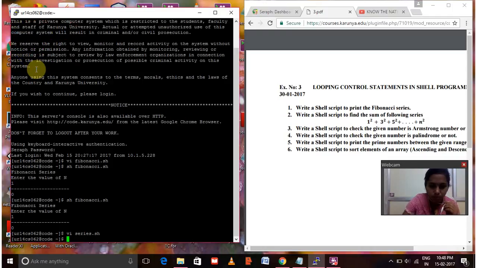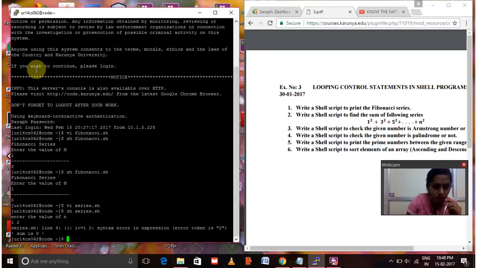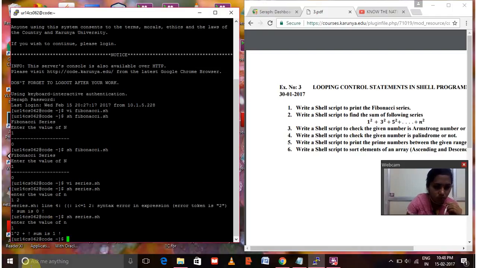I'm running my program. And the sum is 0 because the entered number has the following descriptions. So I am entering my number as 1. So the sum is given as 1, 1 power 2 plus I equal to this, and the third question is about the sum of Armstrong numbers,